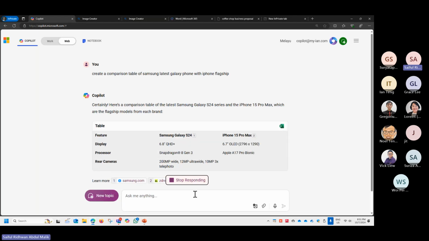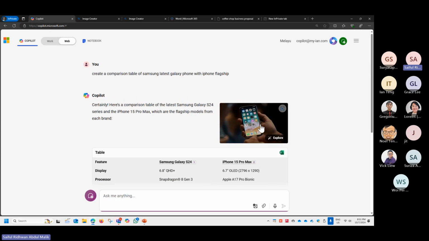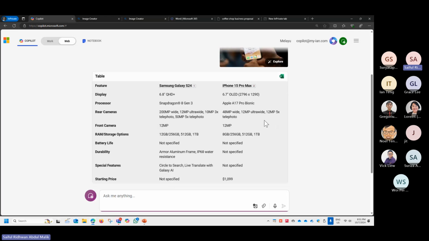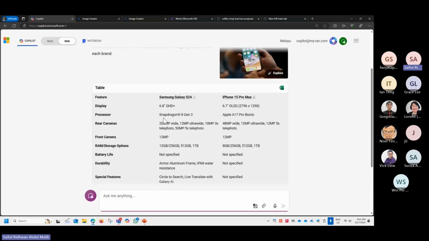And see, it was able to understand that the current flagship phones means the latest high-end phones of this particular brand, and then create the table for us, right? So it's really detailed and even gives you some images over here. Right? So Samsung Galaxy and the latest iPhone 15, and it mentions all these important specifications, the screen